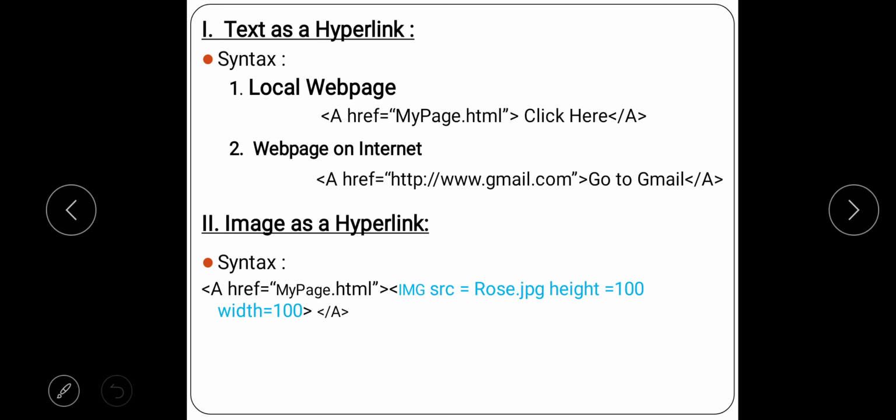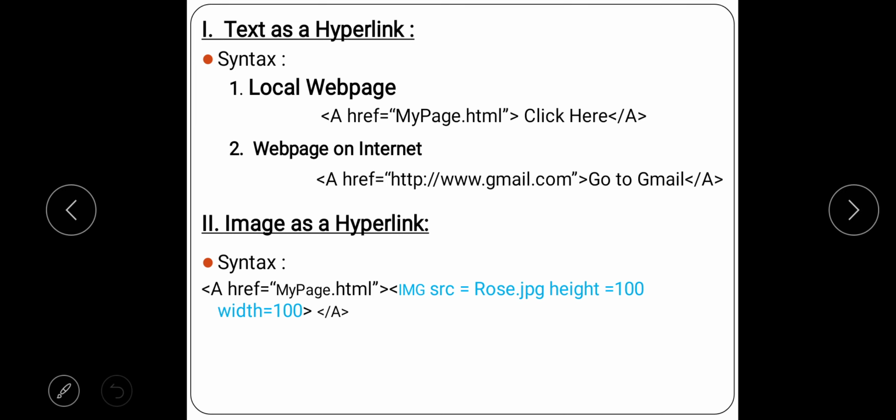So we just now saw in the previous slide how to add an image. So what is the code for adding an image? We have to use the img tag, the src attribute, height and width. Simple. So just try to replace the "click here" part with the img.